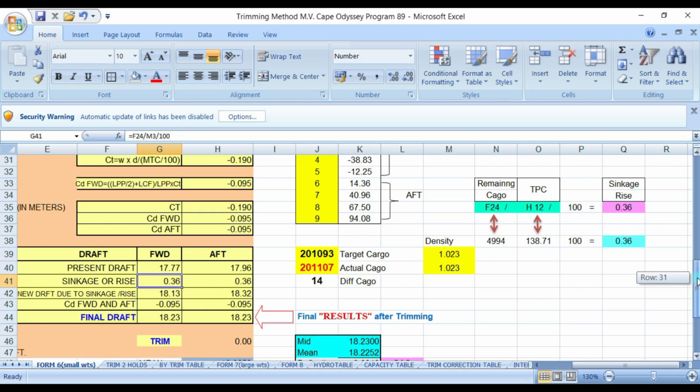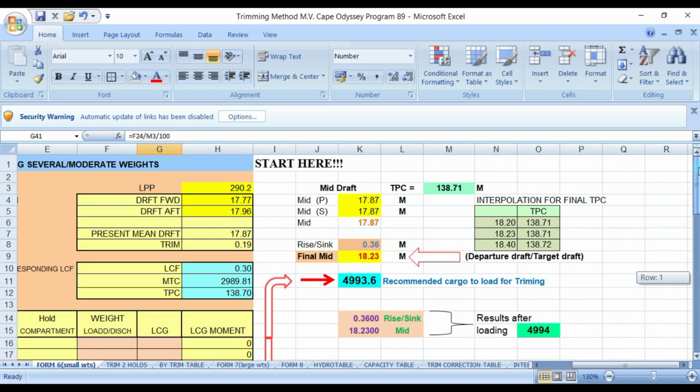But for me, I advise that if you have this final mid drop, deduct it from your mid drop, then you will have the 36 sinkage, which is more accurate because this is your actual reading. You have your final or departure drop of 18.23 minus your actual mid drop reading of 17.87. Then you have a sinkage of 0.36. So that's it, guys.